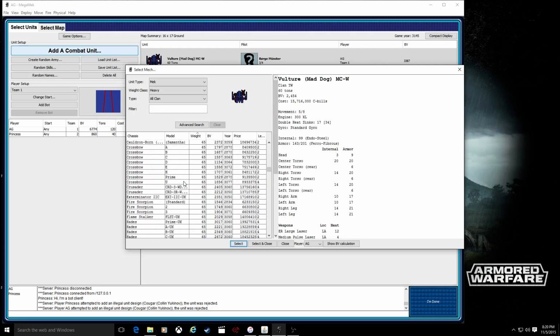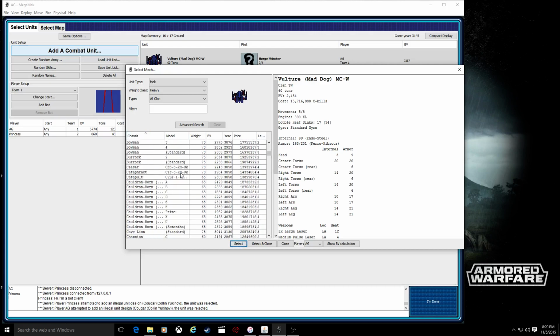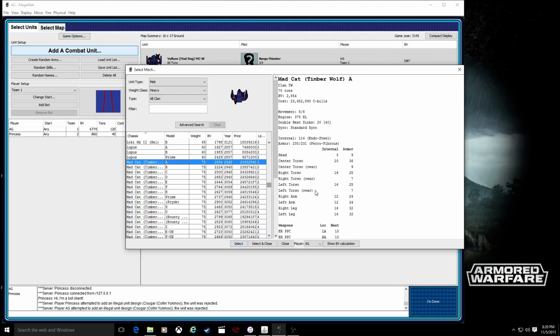Now we're gonna go down. This is not alphabetized, so we'll alphabetize it. For the Timberwolf. Oh, okay, they would do the other way. The Mad Cat, aka Timberwolf. We're looking for one with just...